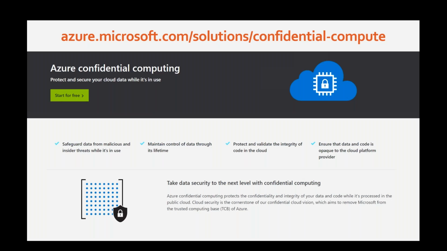So your starting point is on the Azure website, confidential computing. You can easily find it. The URL is here on top. The slides will be shared after the webinar for sure. Now, there are